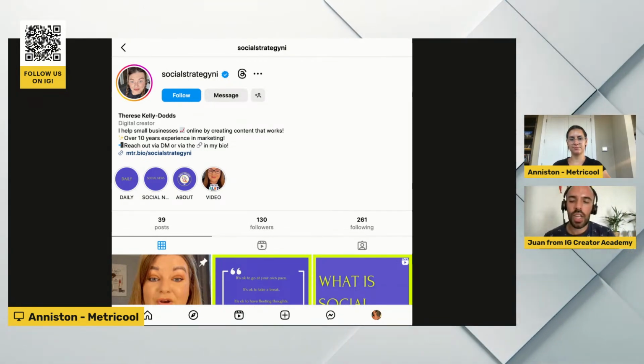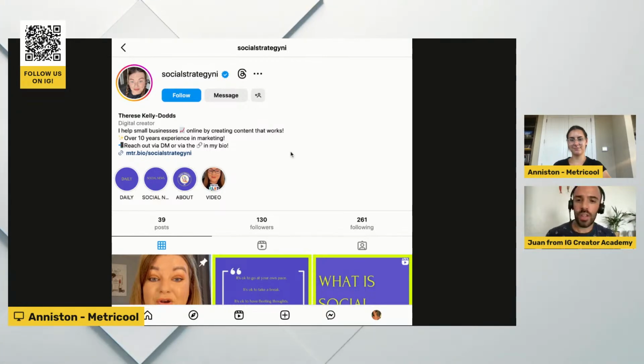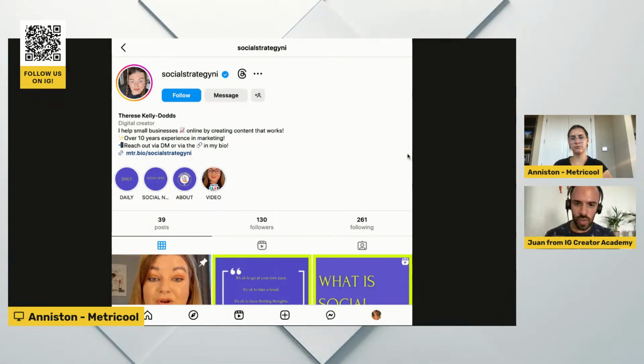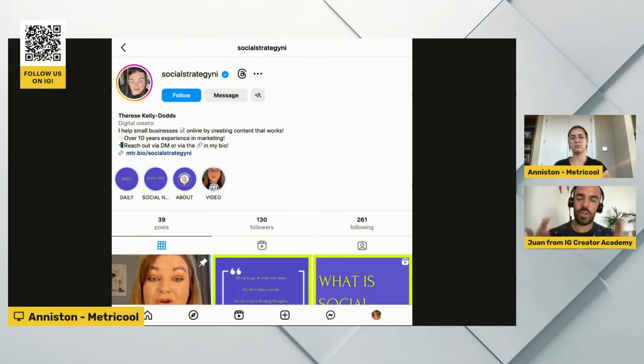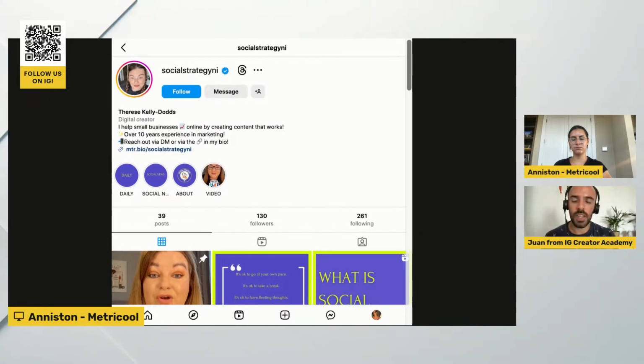Therese Kelly dots. Okay, I guess you had to add that for the Meta verification, and you haven't been able to change your name since then. But I think you can do it after 23 days or something. So just make sure that you add there social media strategy, content creation, or social media strategist for entrepreneurs, or for small businesses. Whatever your keywords and your specific niche is, add it next to Therese Kelly dots.